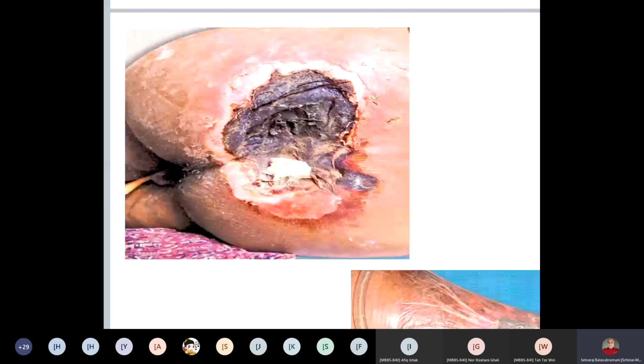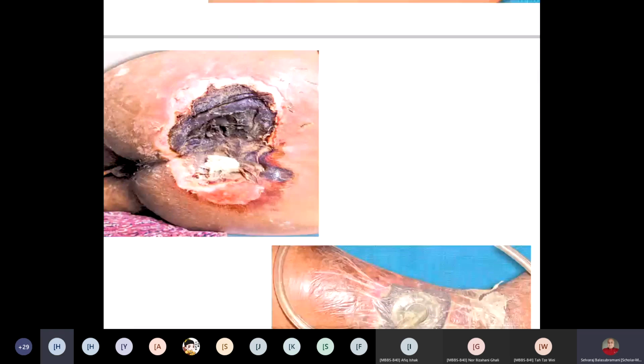How will you avoid this? What type of bed can you use to avoid this? Water bed. Okay, very good. But nowadays, what is the latest bed? We used to use water bed also, but nowadays, what is the bed we are using? This is air bed. The name of that air bed is called alpha bed.